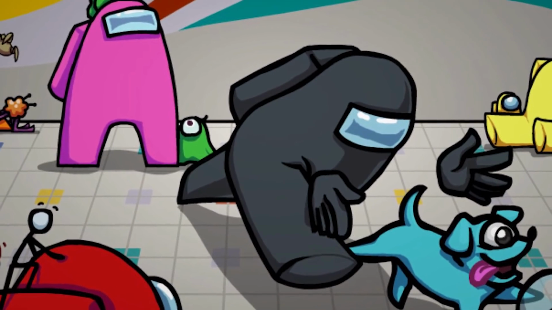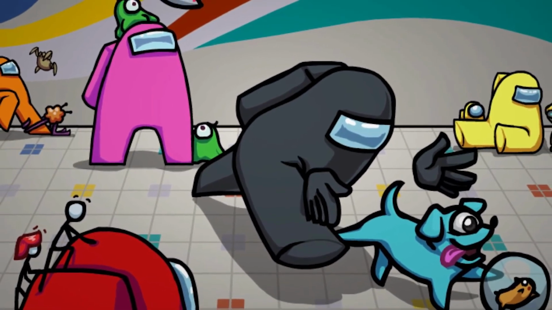So let's start with who you play in Among Us. We know that you are either a crewmate or an imposter. Now the crewmates are officially little astronauts that are tasked with doing things on their ship to keep it flowing. Their ship is known as the Skeld and they want to keep it running so they can make it back